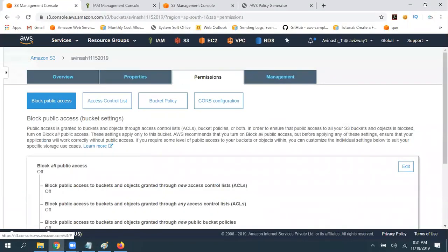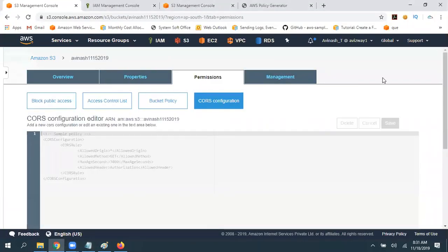All right. So then the CORS configuration, basically this is a regular thing. CORS stands for cross-origin resource sharing. Sometimes some browsers or some computers will not allow running JavaScript or any scripting within that browser. So in that case, we can run those scripts from a remote system. That mechanism is nothing but CORS configuration. So we can apply that on our S3 bucket to run such types of scripts.